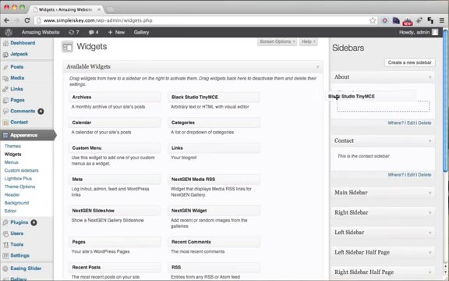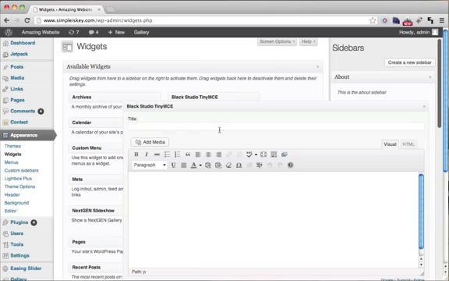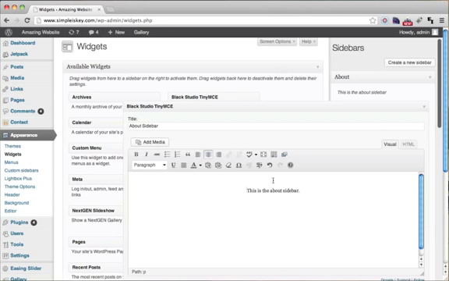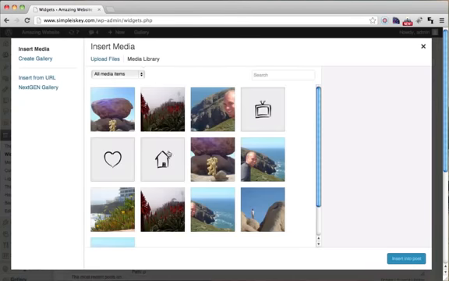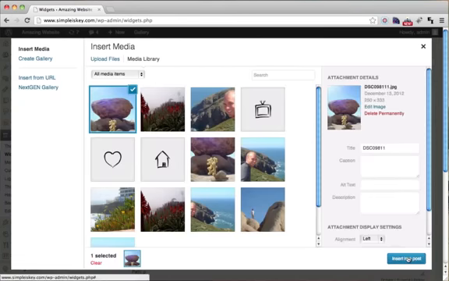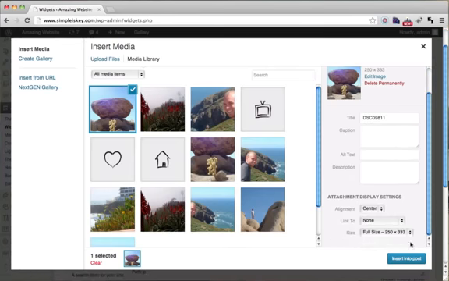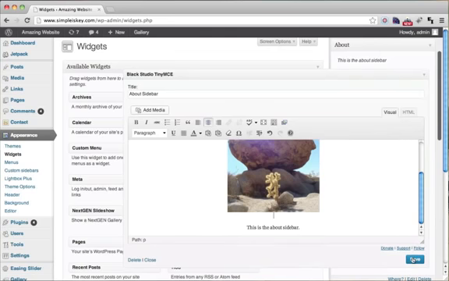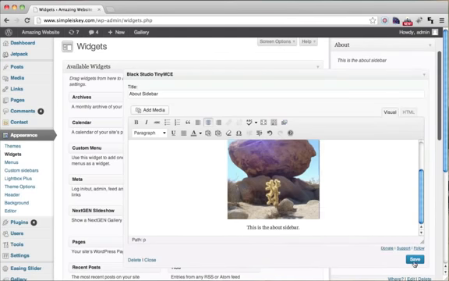So we're going to drag this in, and we're going to say this is the About sidebar, and this is the About sidebar. Alright, and we'll put a little image in here. Maybe we'll center this. Put an image in here maybe. Add media. Alright, and then click save,